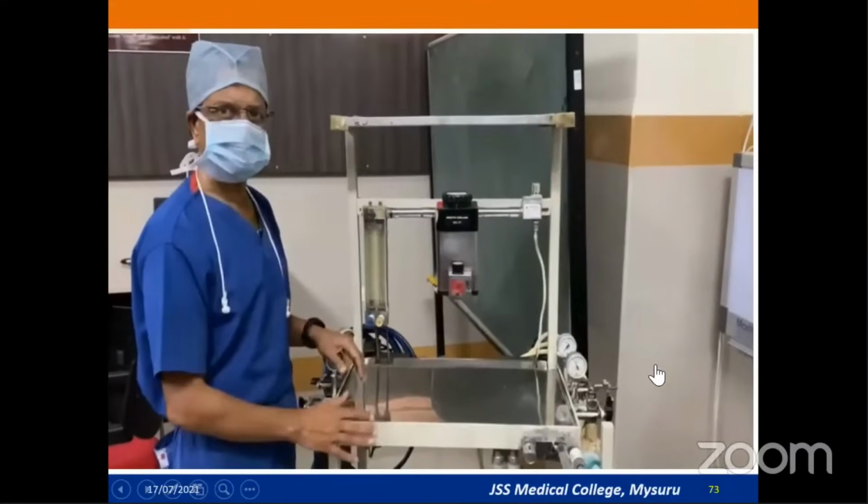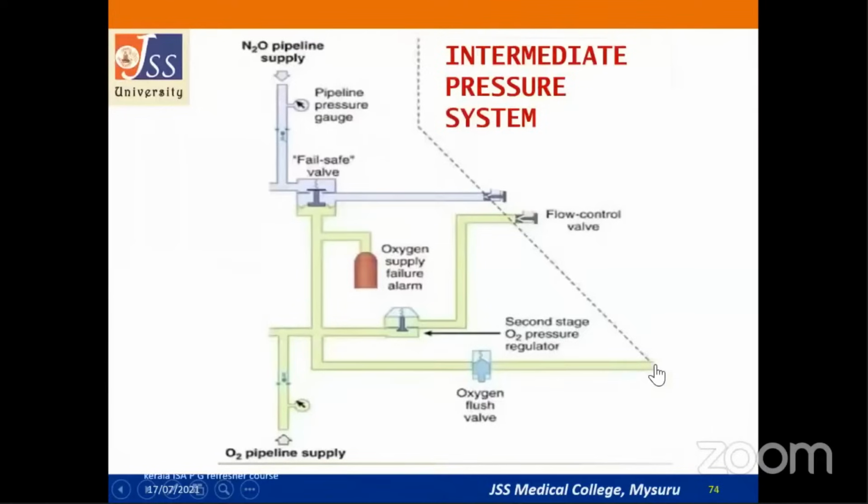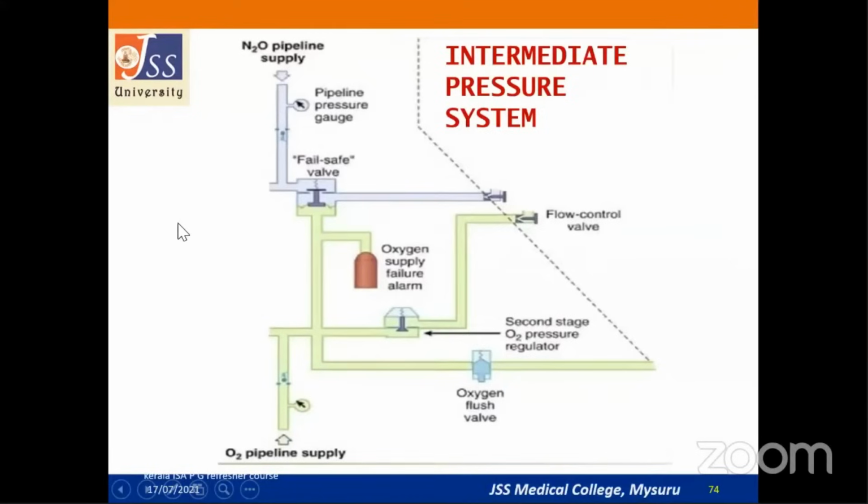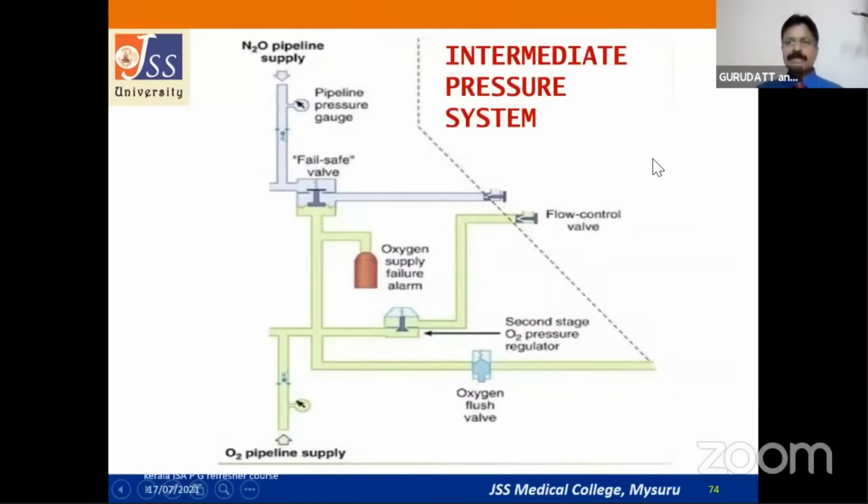Boyle's basic machine. So now, I think you understood the master and slave mechanism and the fail-safe valves. They are not foolproof. That is the reason why we have proportionating devices at the flow meter level. I'm going to discuss that also later. Now coming to the intermediate system. In the intermediate system, we have the pipeline connection, and also we have the fail-safe valves,